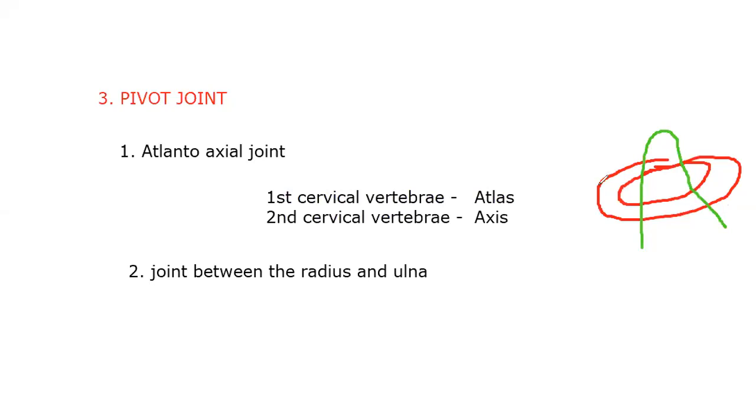This red one is the ring-like bone of atlas, and the green one is axis. Do you know what atlas is? The Greek people believed that the Greek god Atlas bears the whole earth, so they used the name that way. Axis is the second vertebra which enters into the atlas. Imagine this is the ring-like bone, like my finger ring. Above the atlas you will find this head.